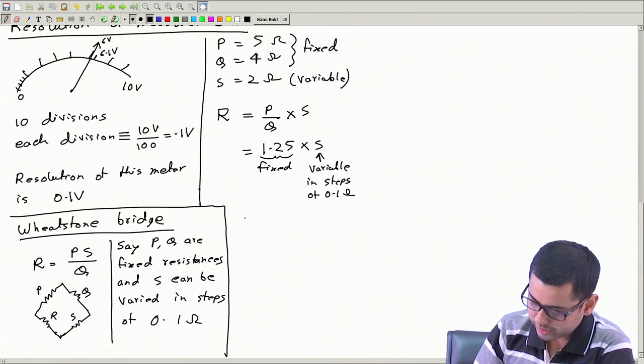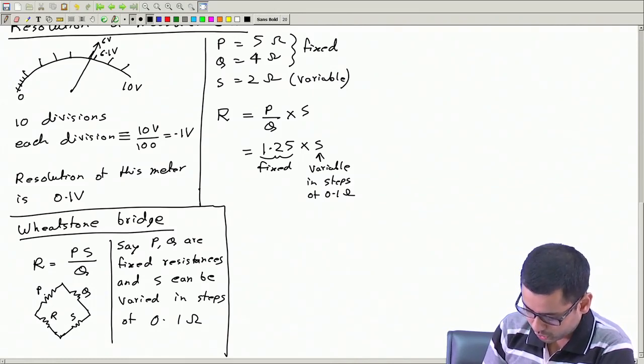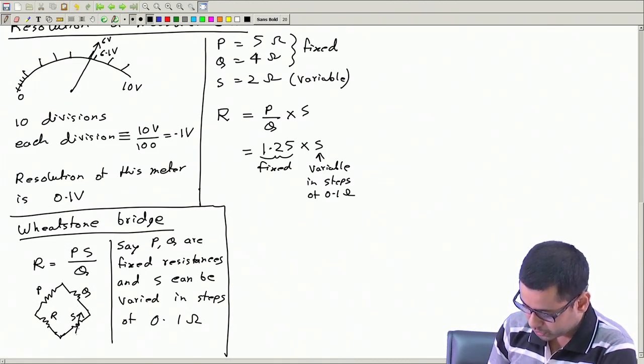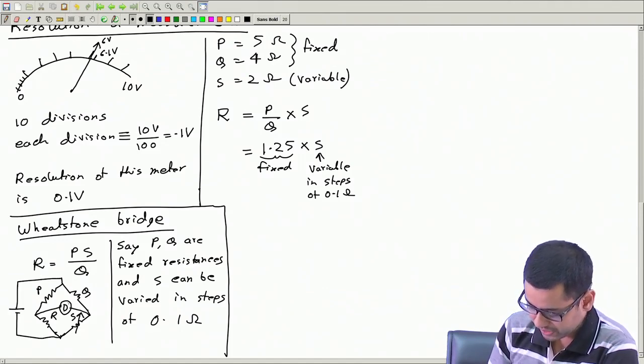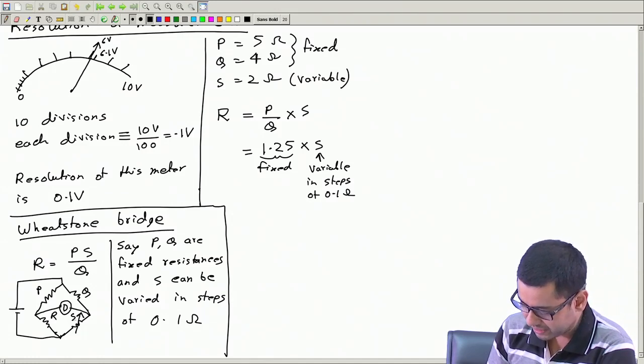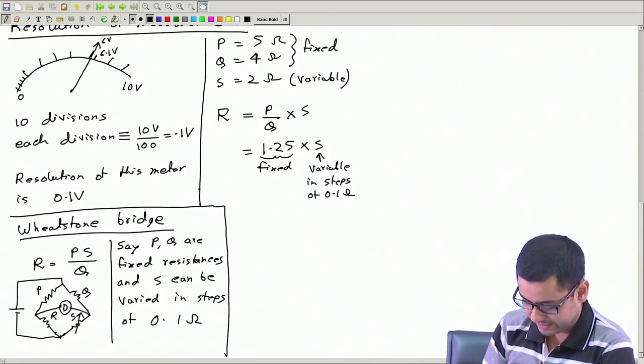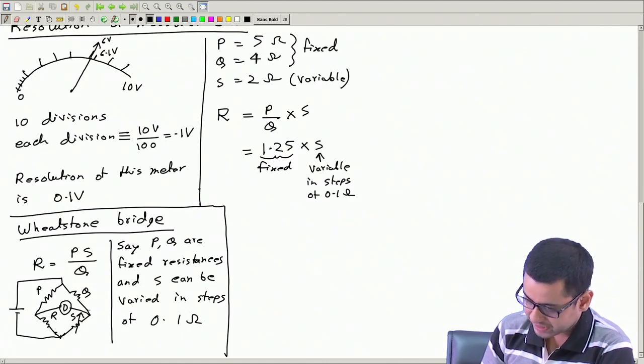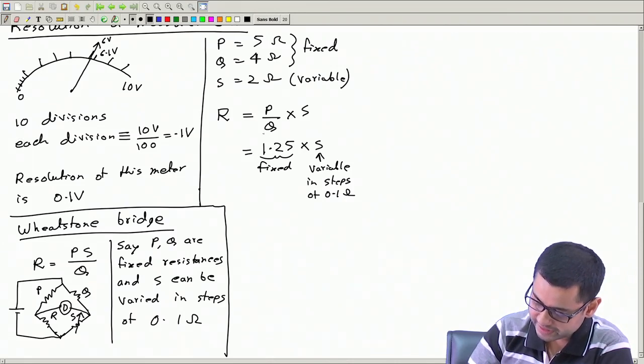Now, during the experiment, what do we do? We keep these two fixed, not variable. We vary this S in steps of 0.1 ohm until we get least deflection in this detector. In this detector we observe the deflection and vary the value of S until we have the minimum, smallest amount of deflection. Now, S can be varied in steps of 0.1 ohm, which means this quantity